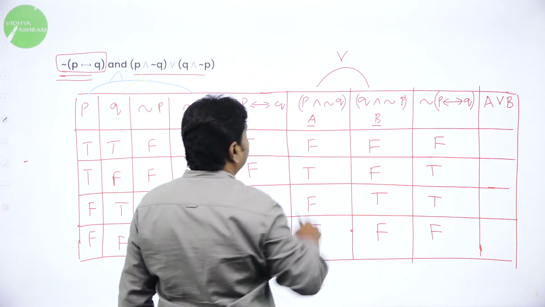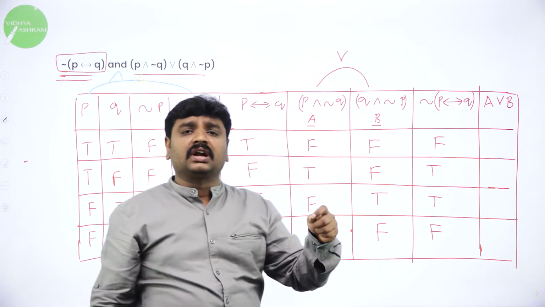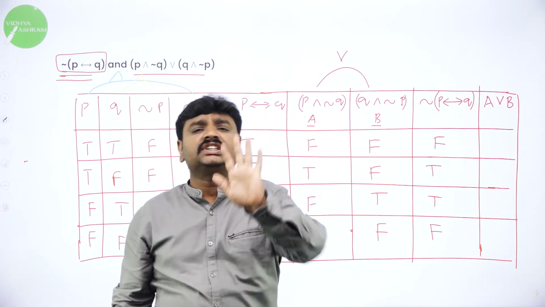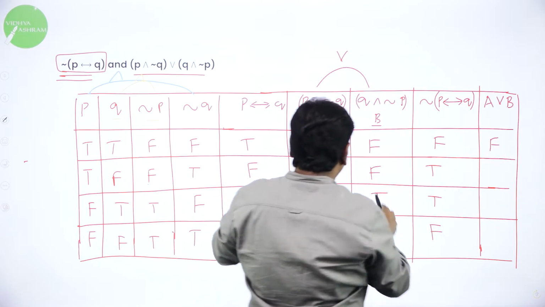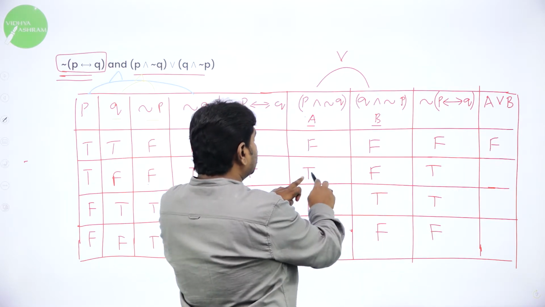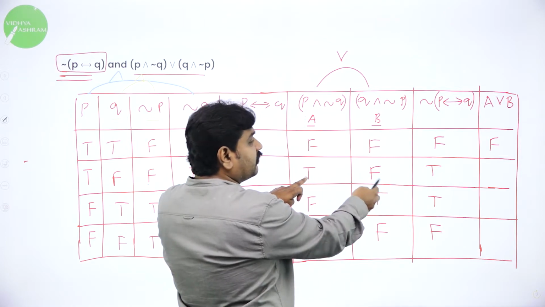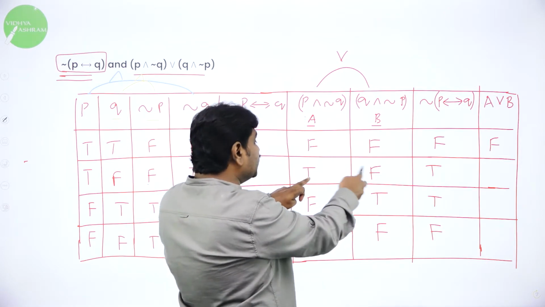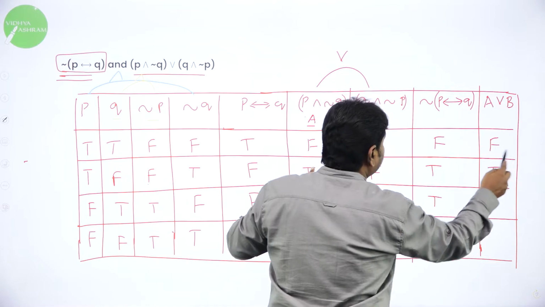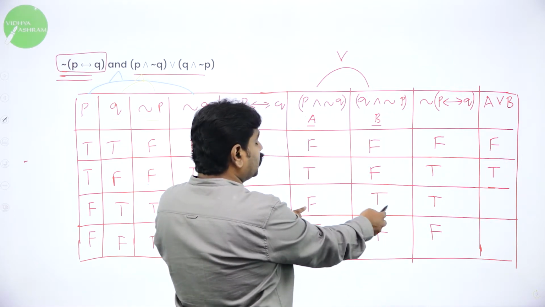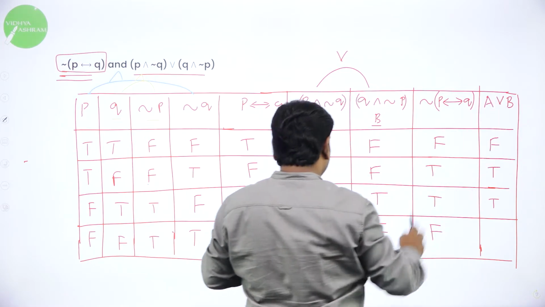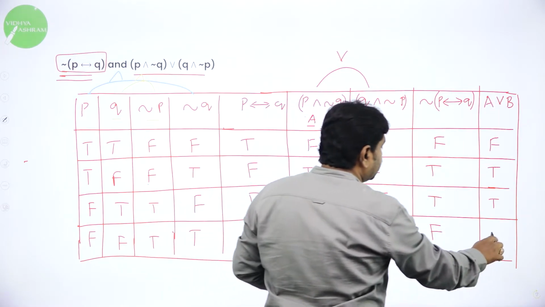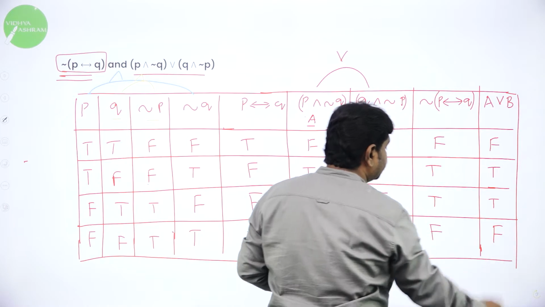For these two we will do OR operation. What is the logic of OR? If any one statement is true, result is true. So in these two both are false, so result is false. In these two one statement is true. What is the logic of OR? If any one is true, result is true. Now again out of false and true, one is true, so again true, because we are doing OR operation. So now false or false, again result is false. If both are false, result is false.